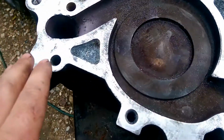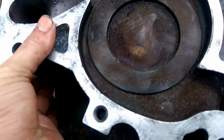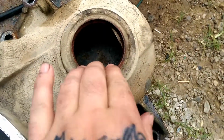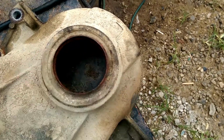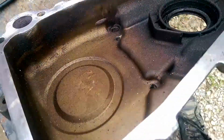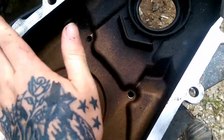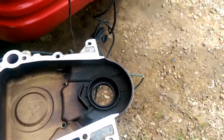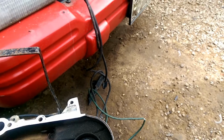You want to clean your water pump section, and then you want to clean the back section where your gasket sets. You want to get it free of oil. Next, you want to get this seal removed. The best way to remove this seal is put this either carefully in a vise or set it down like so and get somebody to hold it while you tap this with a hammer, which I'm going to let Bryce record me doing with just a rubber mallet and a one-way